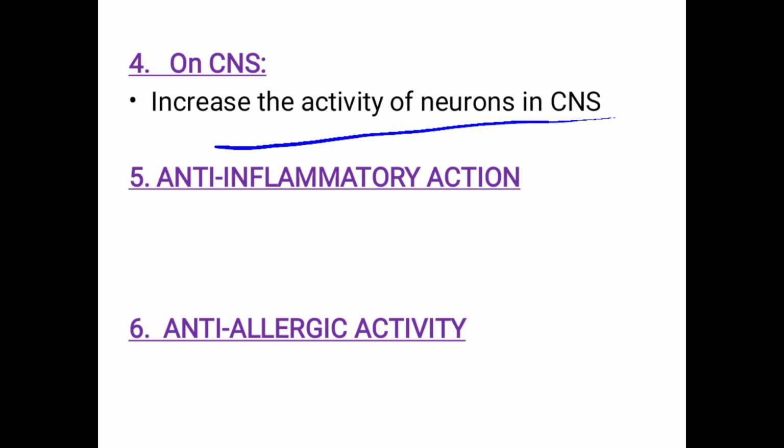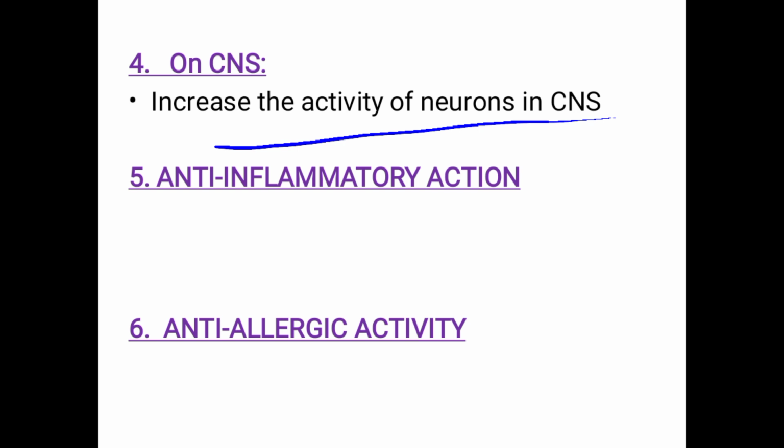So anti-inflammatory, it will suppress the immune system by decreasing the eosinophil, lymphocyte and basophil count. Then anti-allergic activity: sometimes in organ or tissue transplantation, the recipient body will resist or reject the new organ. So cortisol is helpful for immune suppression and prevents the rejection of the transplanted tissue.